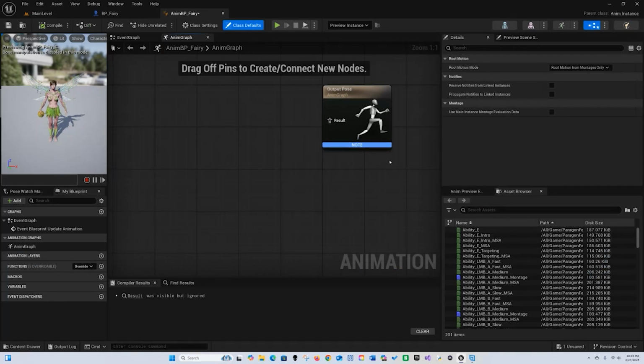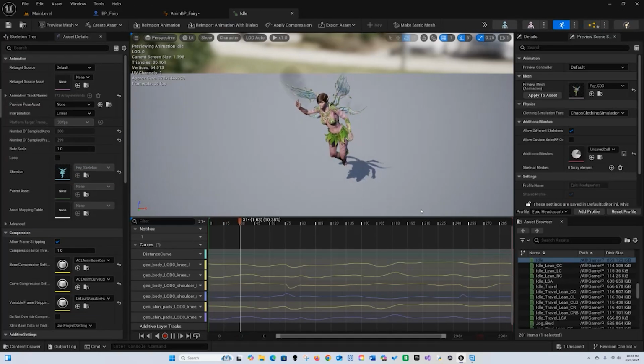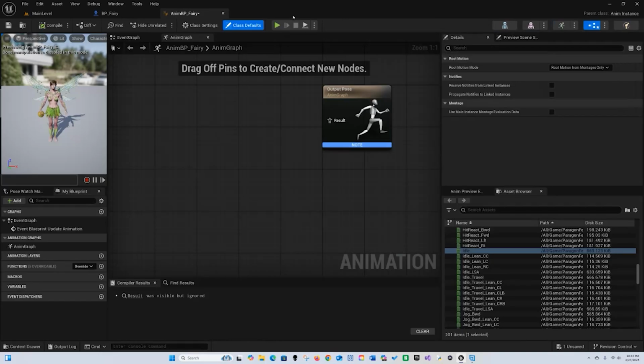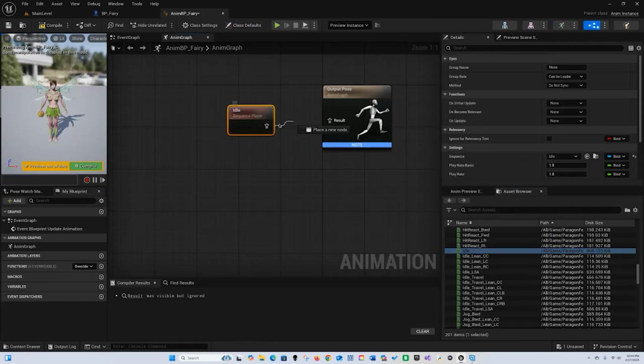The fairy is just gonna show up and say a line and then disappear. So let's check what kind of idles we have here. Idle. Let's take a look. That'll do it. Okay, so we're gonna just place this one here. We're gonna attach it,